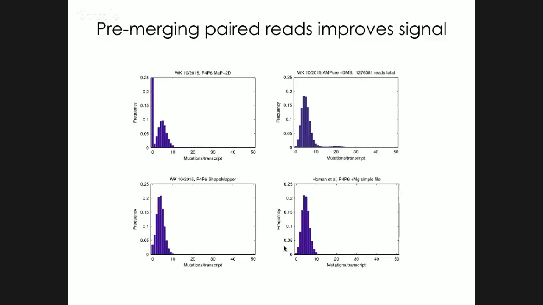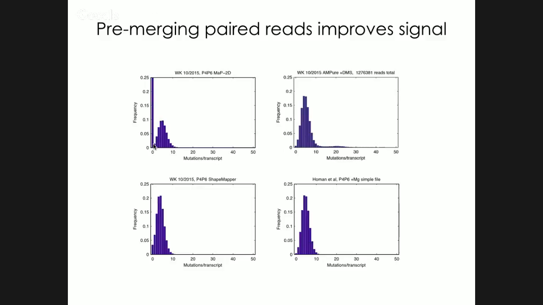And you can see that running ShapeMapper with my hacky conversion to simple file, and map2D with pre-merging of the two reads, they look pretty similar, but there's also a large amount of reads in the map2D analysis that are currently basically thrown out or have the mutations assigned to be 0